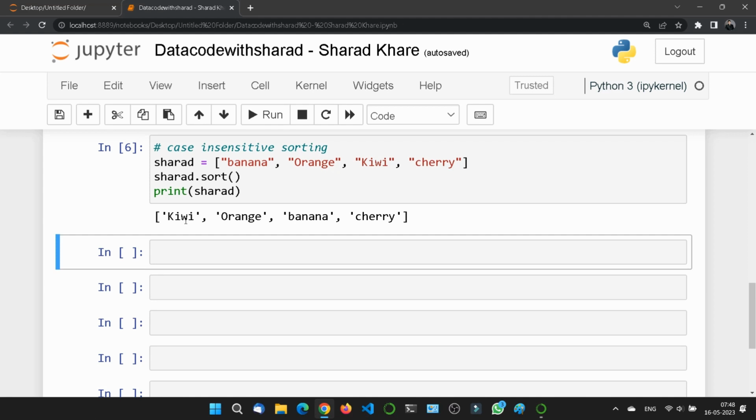Luckily, we can use a built-in function as a key function when sorting a list. So if you want a case insensitive sort, then you can use the string lower command as a key function. Let me show you. Here we will perform a case insensitive sort